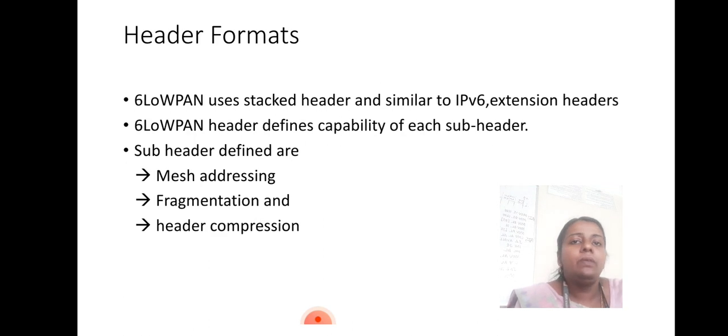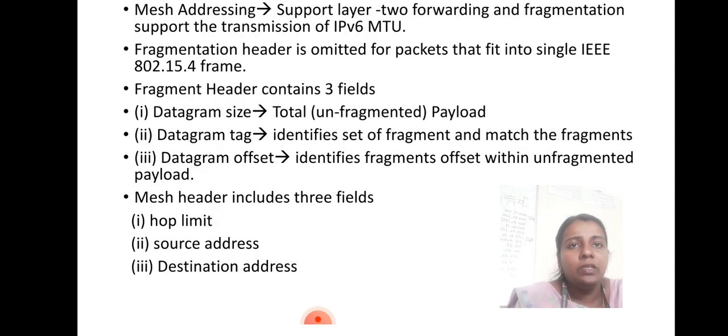So the header format. 6LoWPAN uses a stacked header, and it is similar to the IPv6 extension header. The 6LoWPAN header defines the capability of each subheader. Subheaders defined are mesh addressing, fragmentation, and header compression. Mesh addressing is the support layer for forwarding, and fragmentation supports the transmission of the IPv6 MTU, and the fragmentation header is omitted for packets that fit into a single IEEE